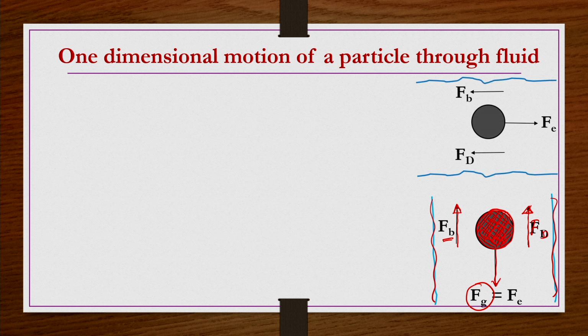If you take a generalized case, the flow is not necessarily vertical. If you have a flow like this, and there is some external force Fe causing the particle motion in a horizontal direction as shown here, then the balance has to be done in exactly the same way, only Fg is replaced by Fe. So we start with the generalized one with Fe, then substitute Fg if we want to know the motion due to the gravitational force, and substitute Fc, the centrifugal force, if we want to know the motion of the particle due to the centrifugal force.